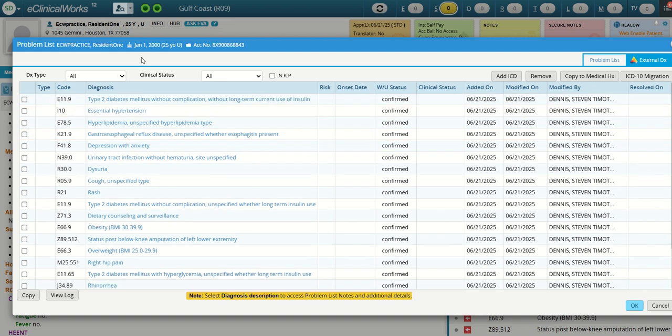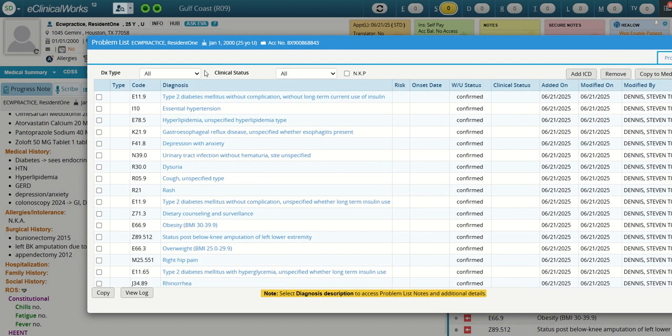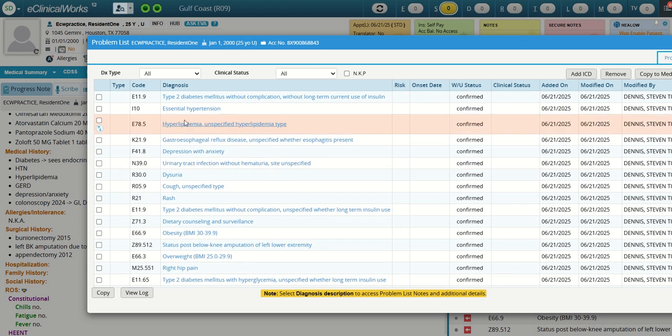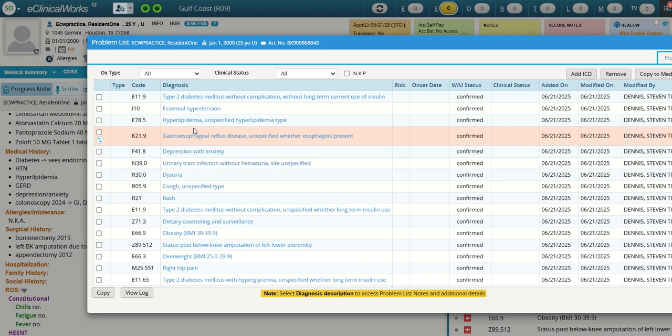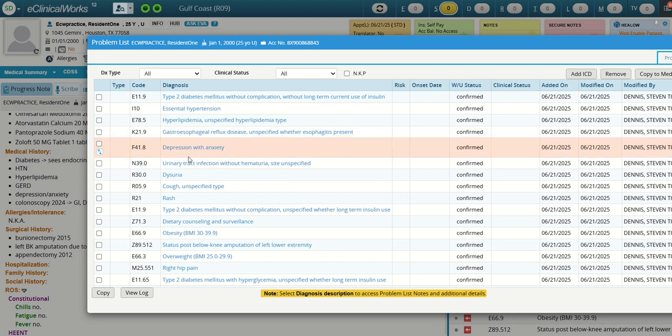We can debate this back and forth till we're blue in the face. That's not the most critical part. Let's try to make it in order with their medication list so that the medication list, the medical history, and the problem list all line up. The second part of this, and this is one of the big ones that just drives me nuts, is